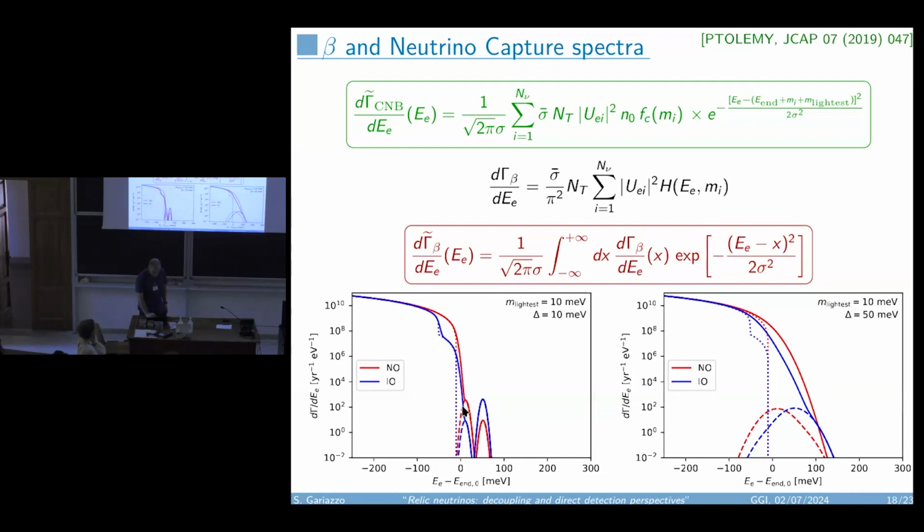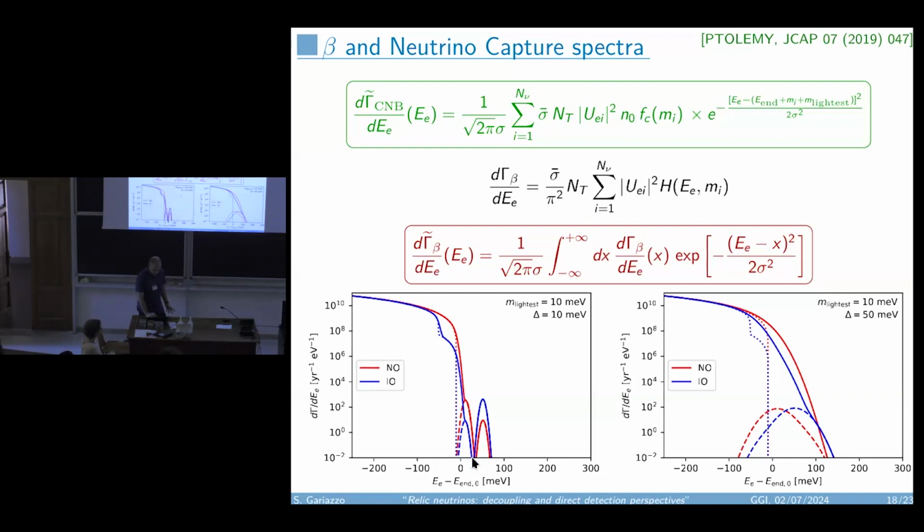And then you see that the red spectrum, which corresponds to normal ordering, has a higher first peak closer to the beta decay spectrum and a lower second peak, while the inverted ordering is the opposite. This peak is the one that corresponds to nu3, which has the smallest mixing matrix element,